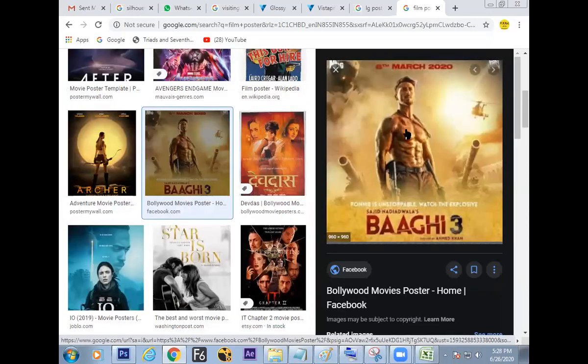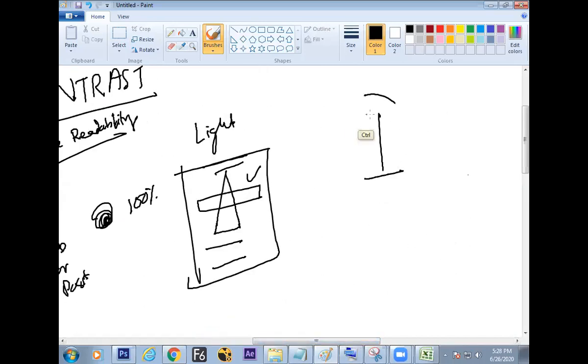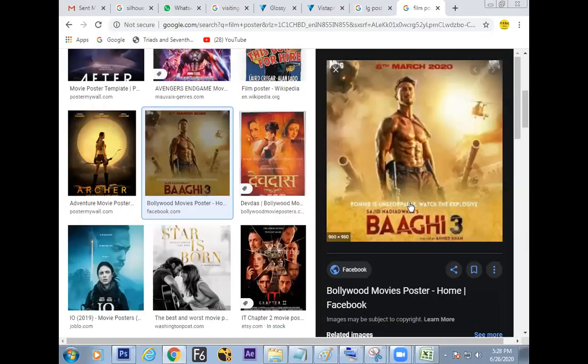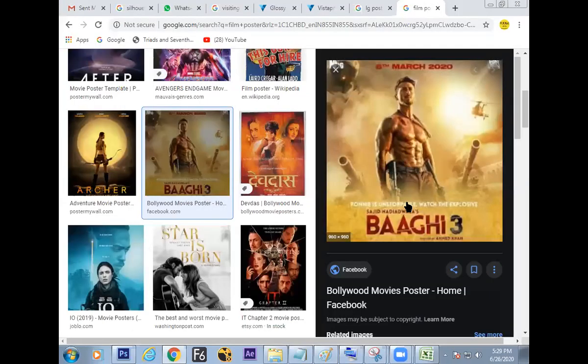So what is the contrast here? Vertical line, horizontal line. So this is the poster, and what is the contrast? Finish. This is the poster. He's trying to impact this particular line in the brain of the audience, and this is a contrast line which makes the audience understand the pose. So this is what he's creating. Hope you can connect yourself to this concept of contrast.